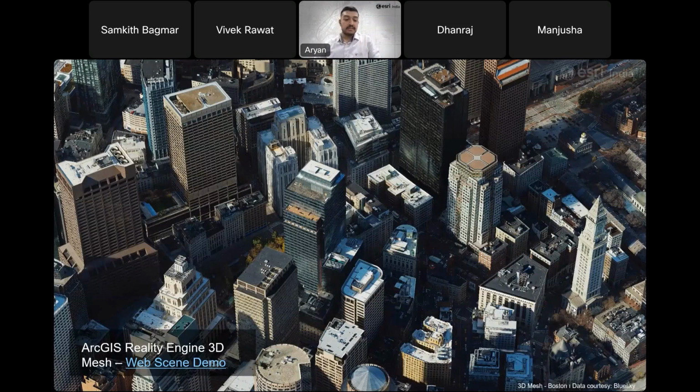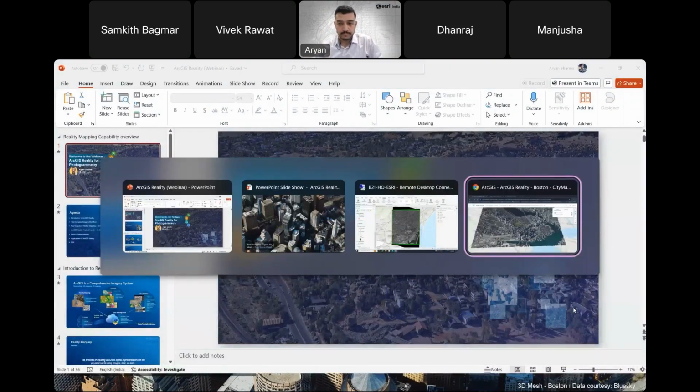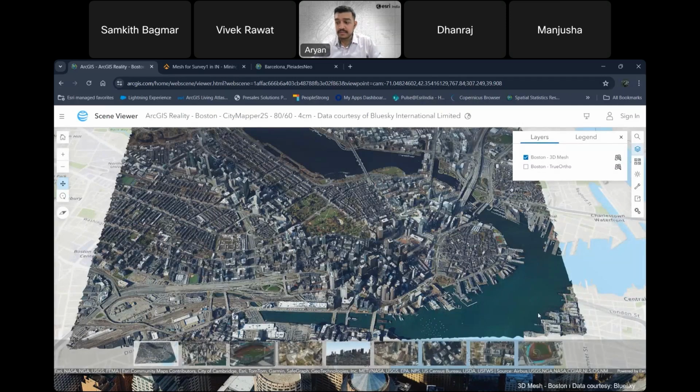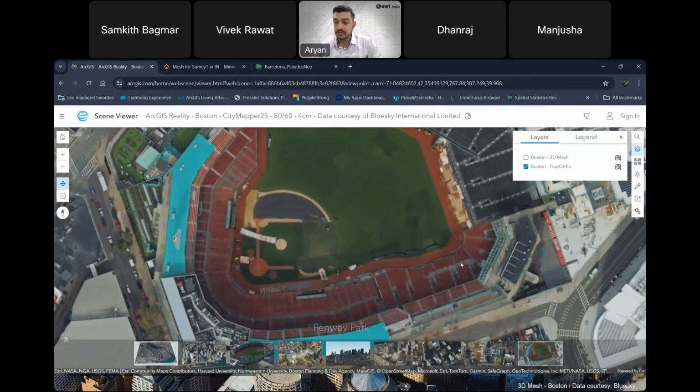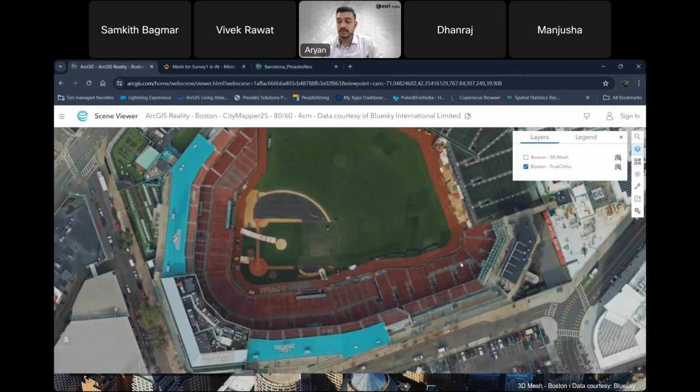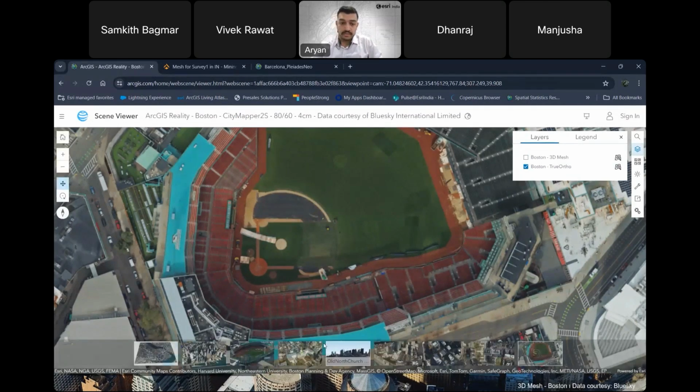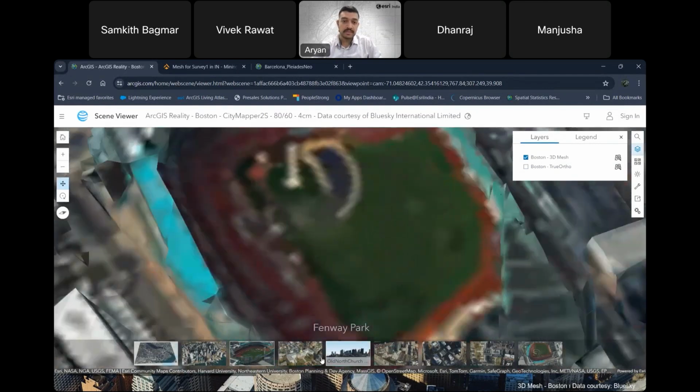So let's dive further into the world of 3D mesh, and I'll be demonstrating some of the outputs of 3D mesh. This is a 3D mesh created in ArcGIS Reality of the city of Boston. Let's take a closer look at this hosted web scene layer. This is Fenway Park, the home of the Red Sox, the Boston baseball team. And here we have this mesh created from the